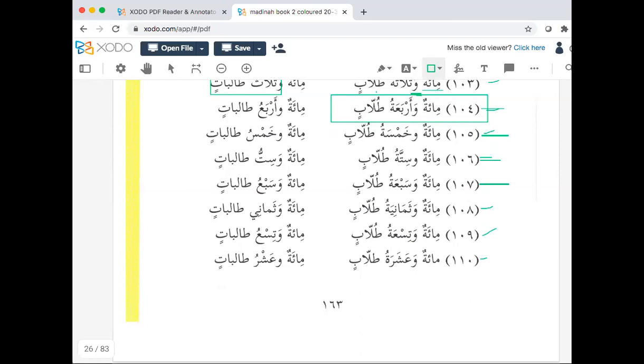سبعة is معطوف on مئة. It is. Yes, it is. So you'll say, for example, that's a nice question. This wow is wow al-atf. Sorry, that underline was just by mistake. So you might say, for example,